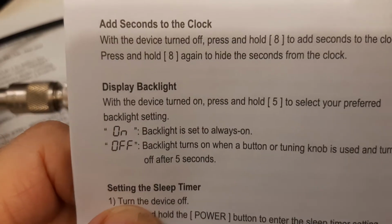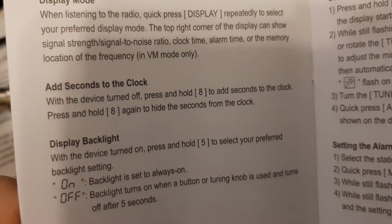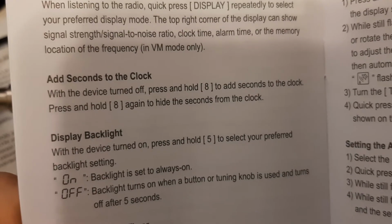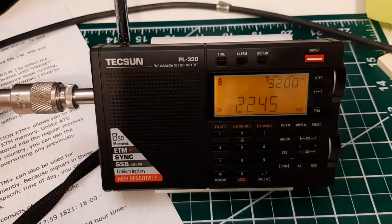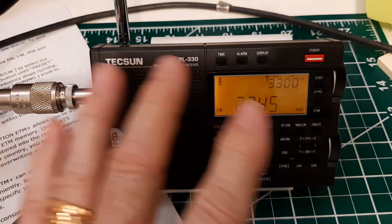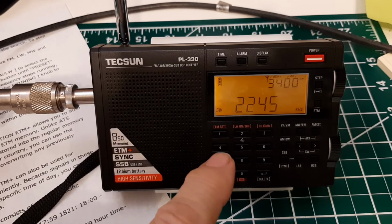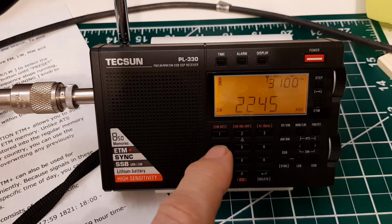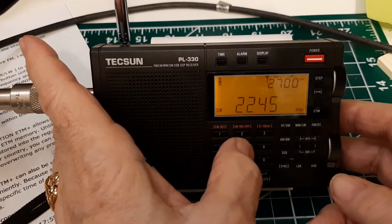Here it is. Boy, that was embarrassing that I didn't know that. But I guess I got confused by the fact that the video I tested before this one, the PL-368, doesn't have this feature. I love this feature because I like to keep the backlight on when I'm just scanning the band. Now, you've got to keep in mind that that's a pretty heavy drain on the battery, so you want to normally keep it off, which I do: I push the 5 key, hold it,